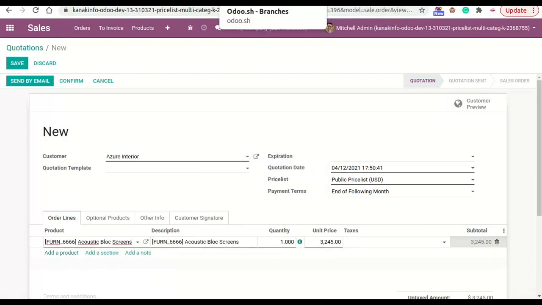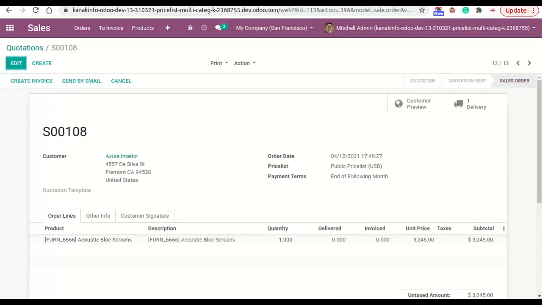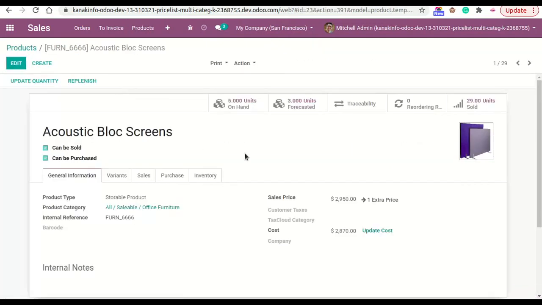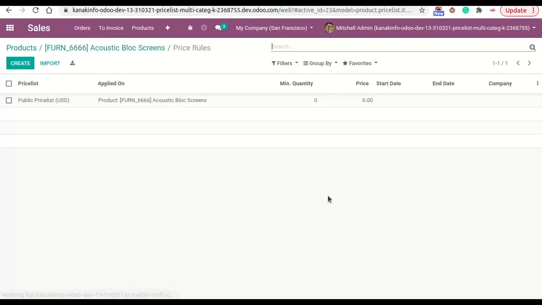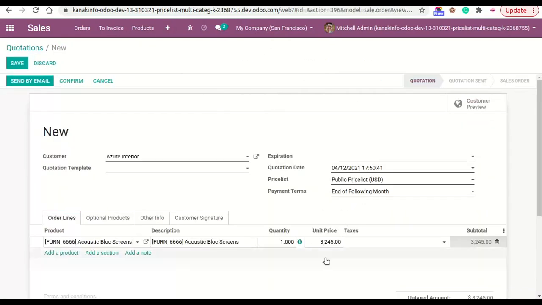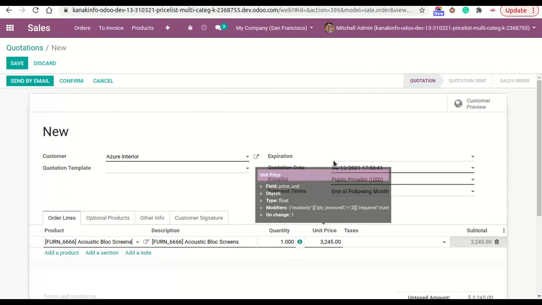Now check the default price of this product. It is the default price of this product, and here is the surplus charges added in this product unit price.